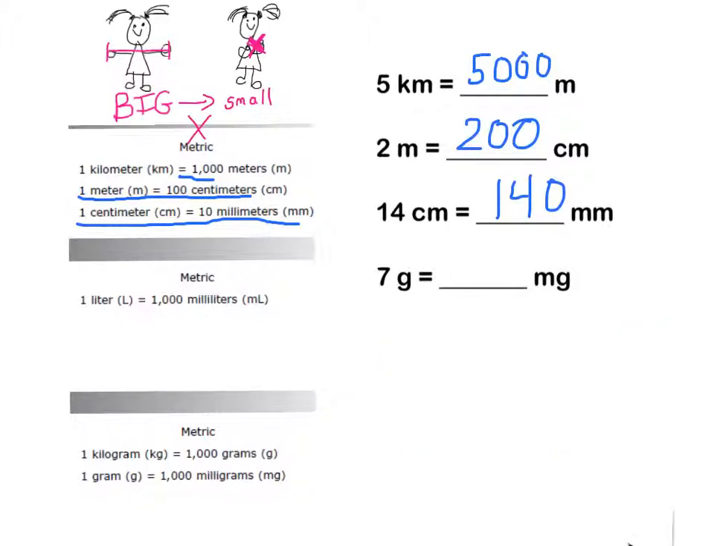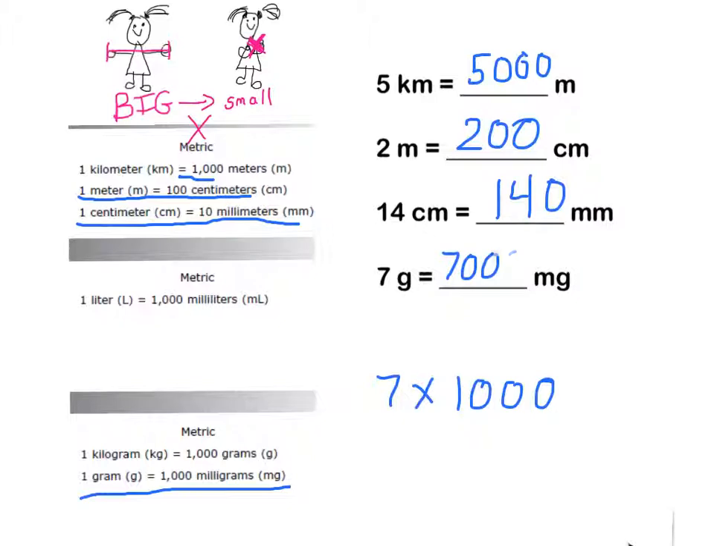Then finally, our last one. We're going to change 7 grams to milligrams. So let's use your chart over here. I'm going to come down and we'll see that right here 1 gram equals 1,000 milligrams. So to convert that base unit of grams to milligrams, you're going to go from big to small, which means you're going to multiply. You will just take your 7 and multiply it by 1,000, and that gives you